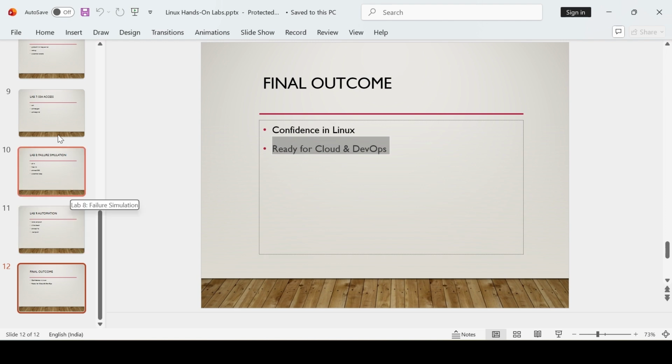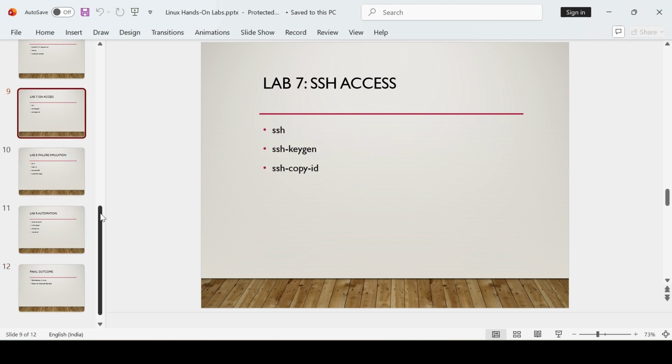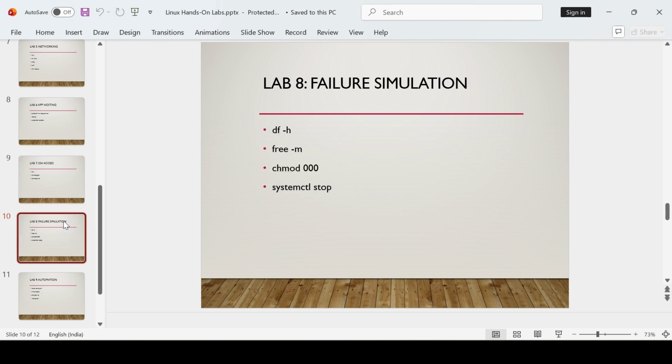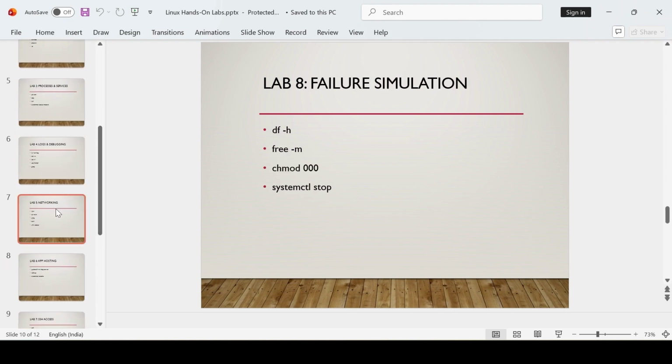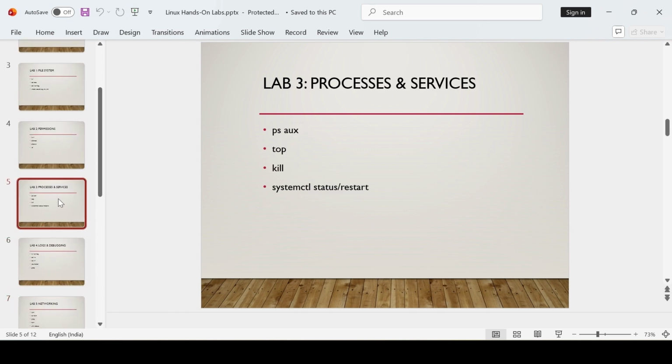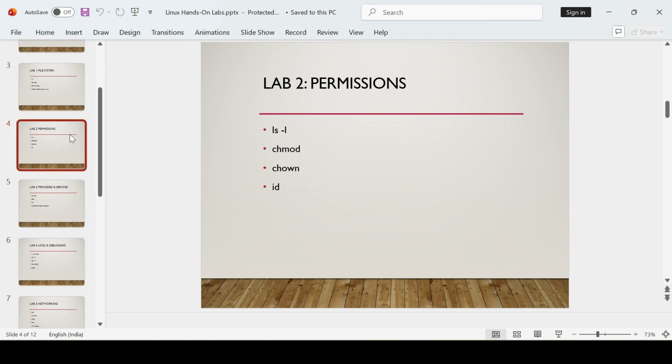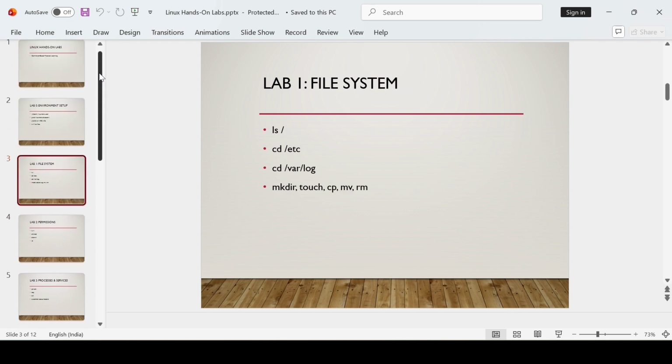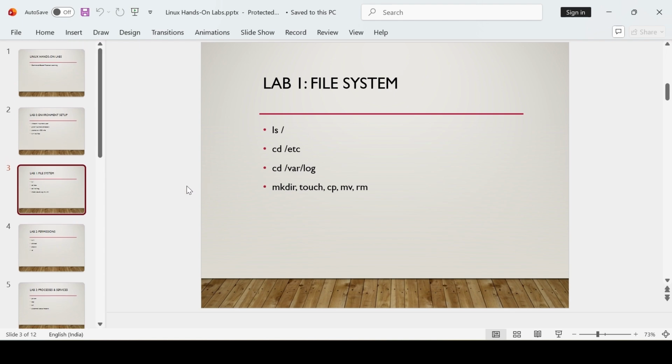You know where authentication comes into the picture, how to generate the keys, the debugging part, permissions, and we have talked about networking if there is any blockage, and we have also talked about processes which are consuming the most, right? Permissions, file systems like creating a directory, checking the logs and going into the directory, copying the files from one to another, and